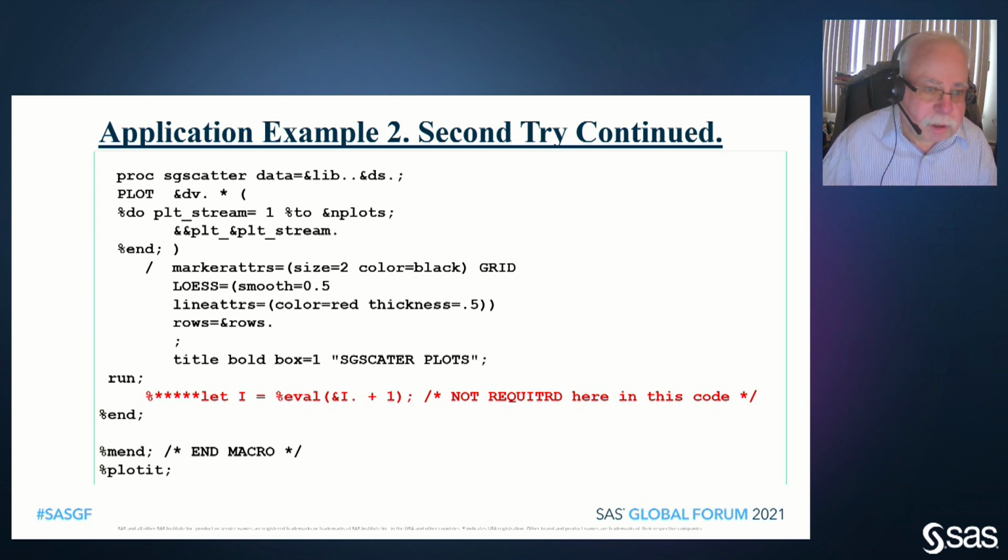Now, some people may ask, why are you missing semicolons? You don't want a semicolon after the plot underscore stream. You want it at the end of the plot statement. And it looks pretty fuzzy, but it does work. And you don't want to include this other ampersand increment eval. And you've got to be careful. Sometimes you have to make sure you have that eval always increasing. I once submitted code where I forgot to include that eval function, and it was plotting or looking at the same value each time.